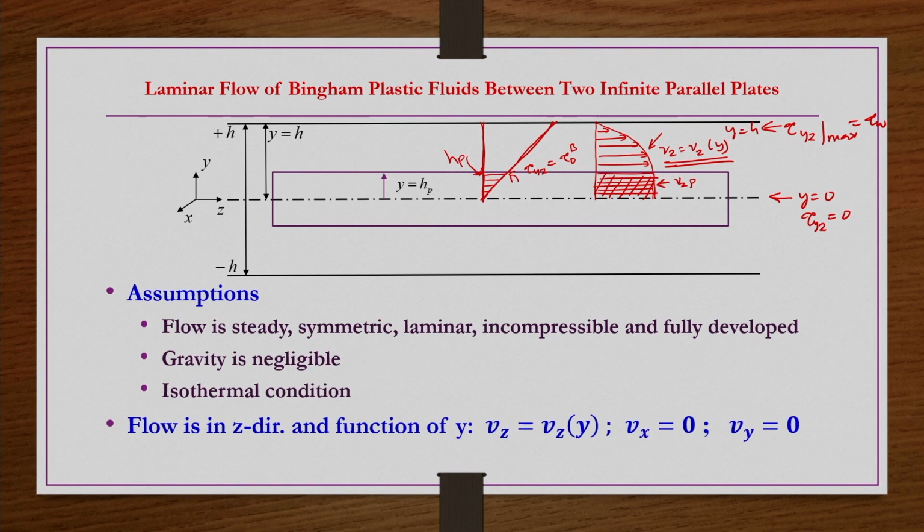So, in that region velocity is going to be a function of y. These two things are similar to the pipe flow we have taken, but now the geometry is different, so we have to define it again here. This is the basic understanding of Bingham plastic fluid flow between two infinite parallel plates. Next, the assumptions, constraints, and simplification of the continuity and momentum equations are going to be the same, so we can have exactly the same thing as in the power law case.